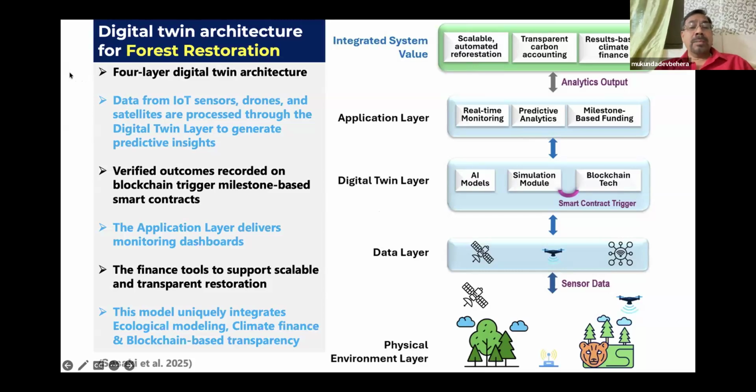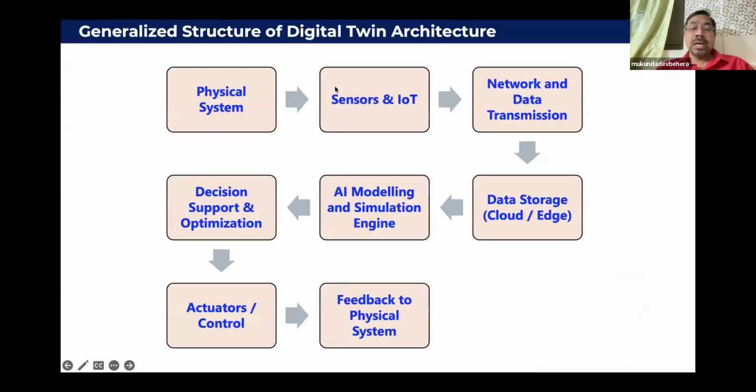value. So data from IoT sensors, drones, and satellites are processed through the digital twin layer to generate the predictive insights. Verified outcomes recorded on blockchain, they trigger milestone-based smart contracts, and the application layer delivers monitoring dashboards, and also the finance tools, if that can also be integrated. So this model uniquely integrates the ecological modeling, climate finance, blockchain-based transparency, and all those what we can think of in terms of making certain decisions that helps us in managing our